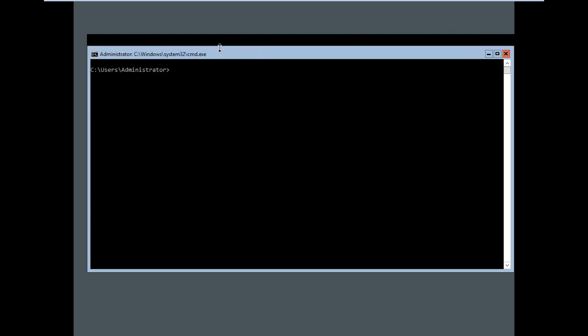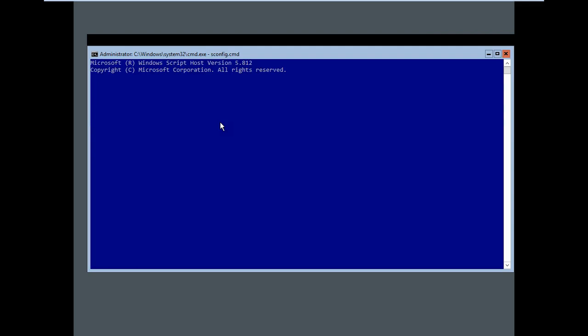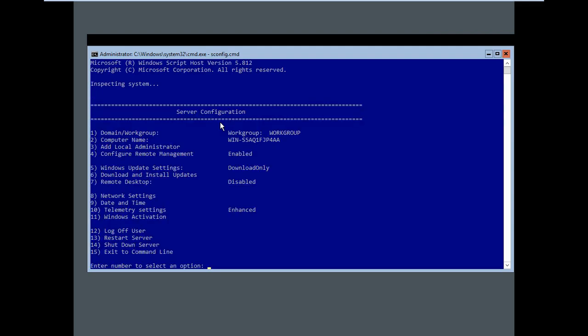Now you are getting this prompt. Here you have to type sconfig.cmd for server management. So now you get this server management console. In the server management console, first we are going to change the computer name, the second option.